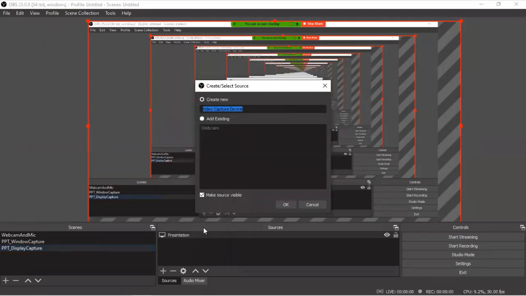You can also explain the virtual labs experiments by going into a certain website by making use of this display capture device. And now we can add mic and webcam to this third scene, PPT display capture device. Click on PPT display capture scene plus, then video capture device, existing one.